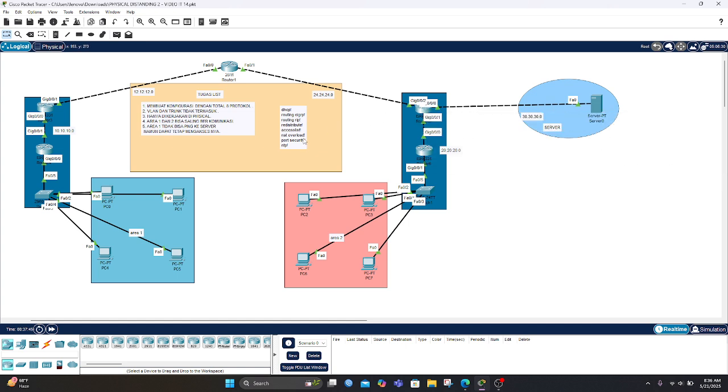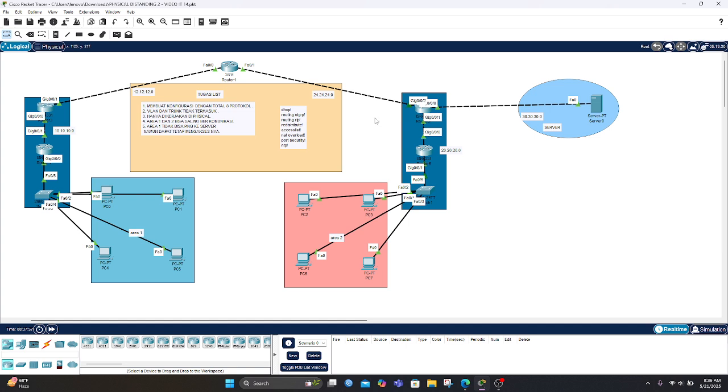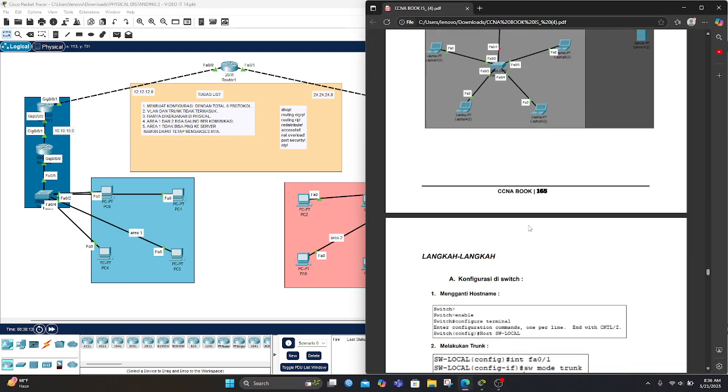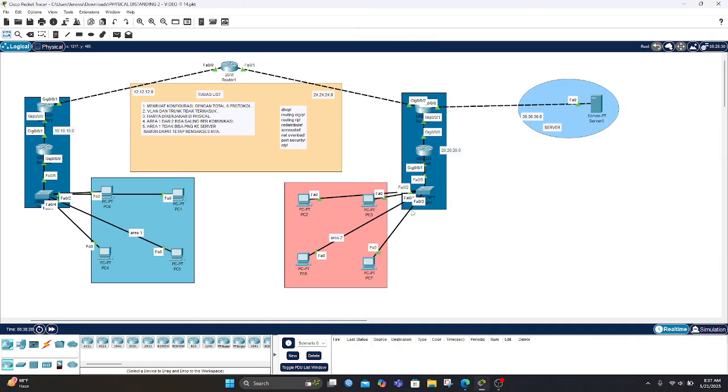Not overload I do in all routers, maybe. Port security is only in RA1 and NTP in router 4. Not overload is only in this area, in area 2.